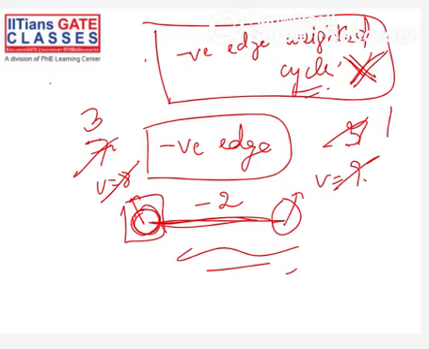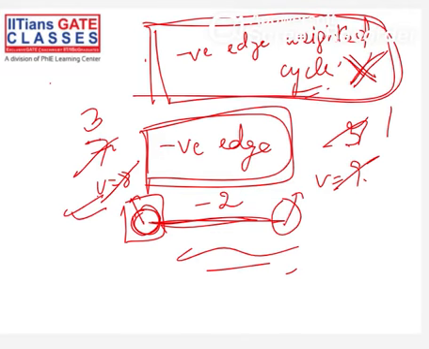I'm not talking about the modification. I told you that we can keep a visited array. Visited array means you will not refer to any edge back, so this problem will not be there, neither with a negative edge-weighted cycle nor a negative edge. Once you have weighted something, you're not going to go over it again. But in standard Dijkstra's algorithm, without the visited array, this is going to happen. So in standard Dijkstra's algorithm, negative edges as well as negative edge-weighted cycles are both not allowed. Is this point clear to everyone?